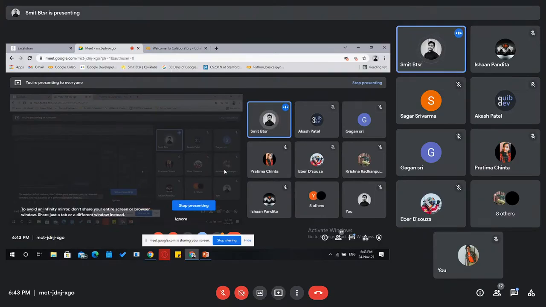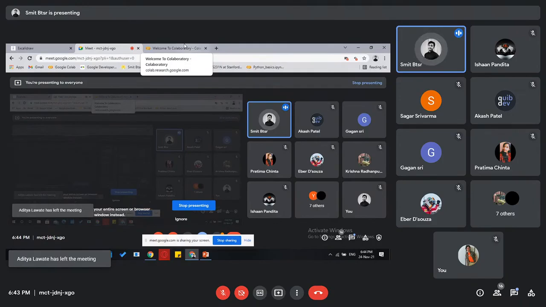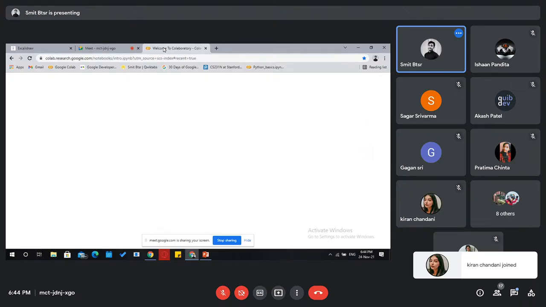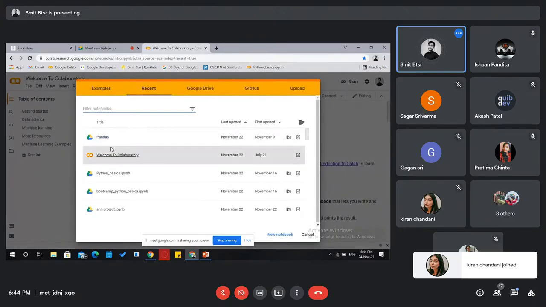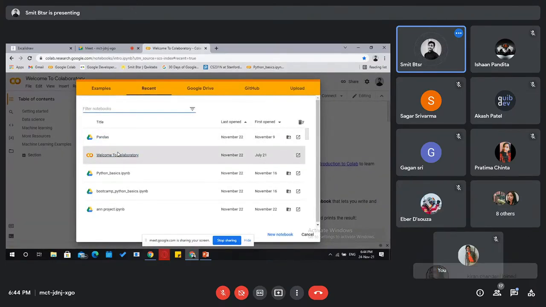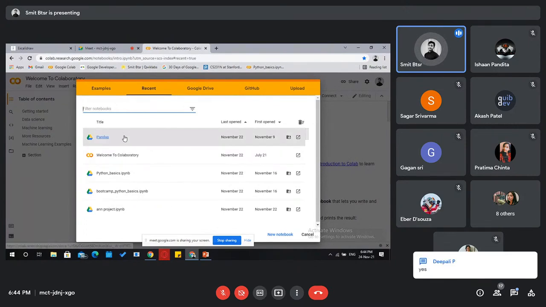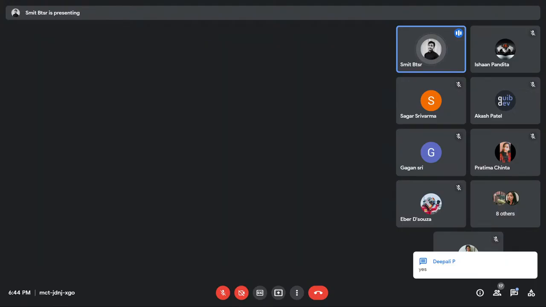Today we will see how to make decision trees and how to relate data and how to make decisions from data. Okay, so let's start. I think you all should be ready with your Colab notebooks. Okay, put a thumbs up or okay as you all are ready with your notebooks.